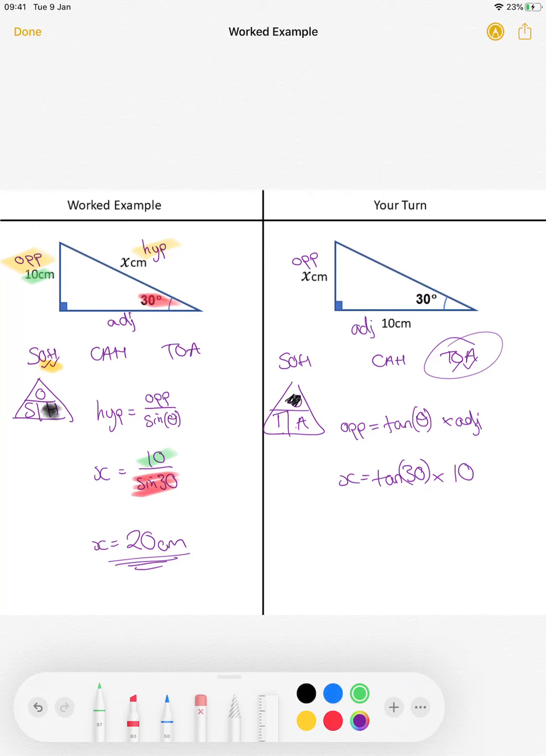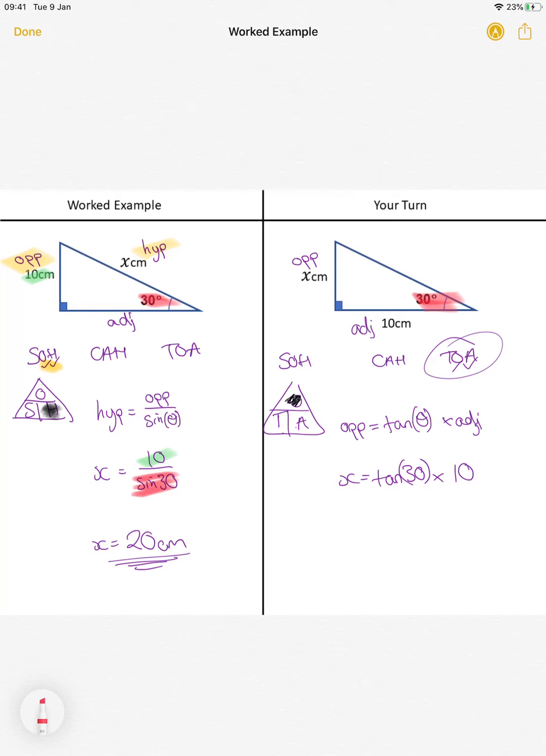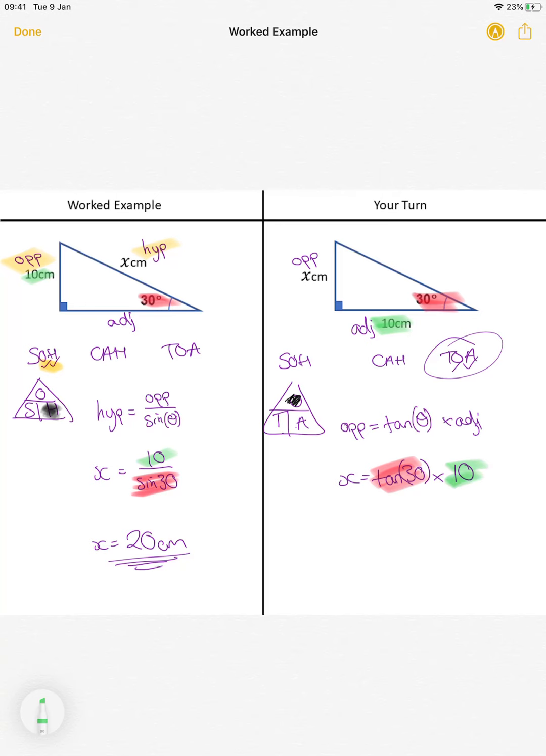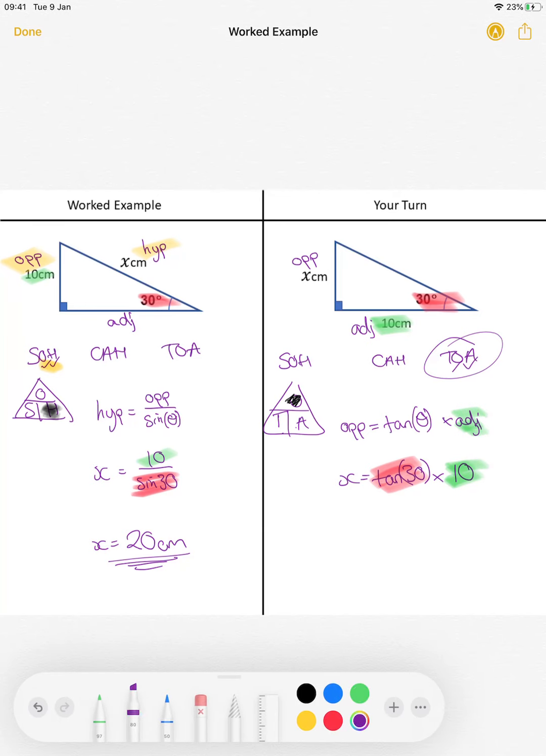So just to highlight where those come from, tan 30 comes from there, and my adjacent is 10, so that comes from there. Type that into your calculator, as I said, close the bracket, and then you should get,